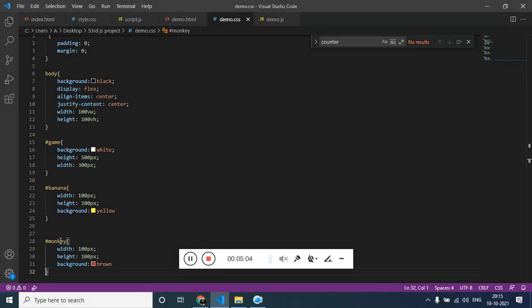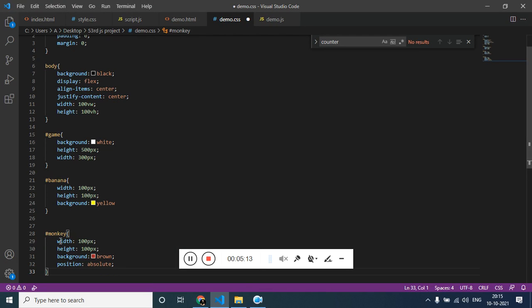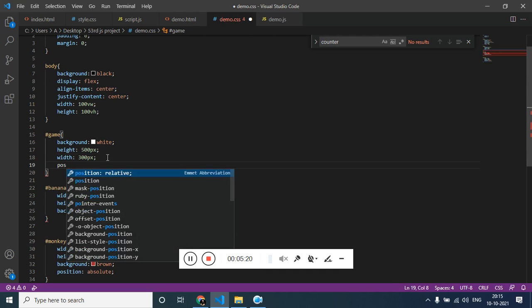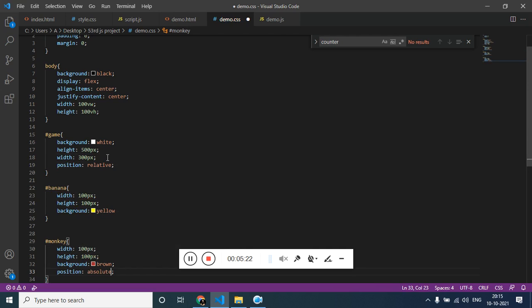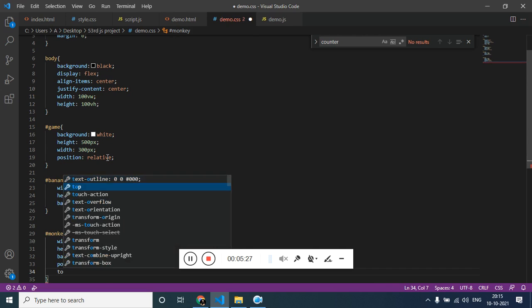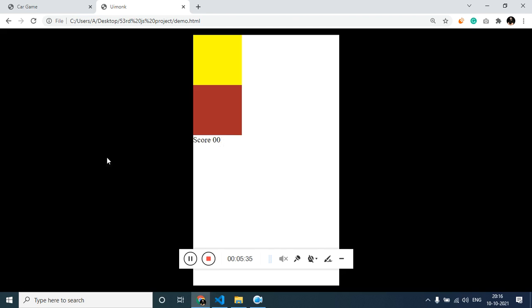and I want the monkey to be at the bottom, so position, you can use either absolute or relative. Let me stick with absolute. So to use absolute, you have to use the container position absolute or relative. And then top, since the container height is 500 pixel and the monkey height is 100, 500 minus 100 is 400 pixel.